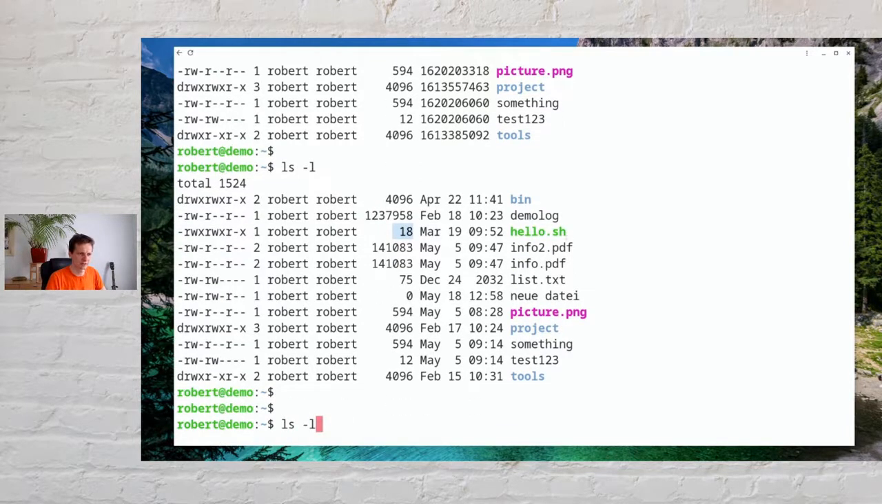And we have the hello.h file. That is 18 bytes in size. We have the info.pdf with 141,083 bytes. And then we have demolog with, let's count the characters here, 1,237,958